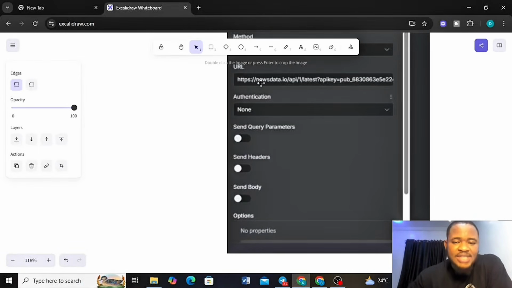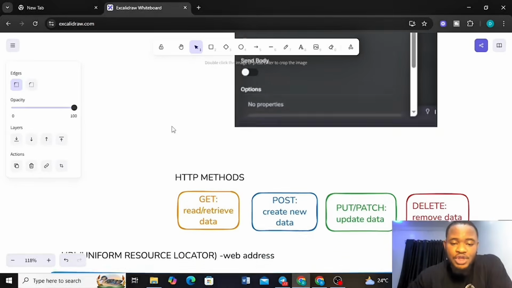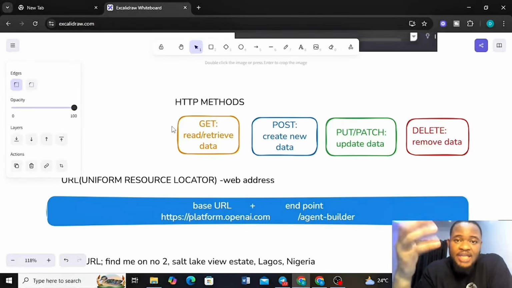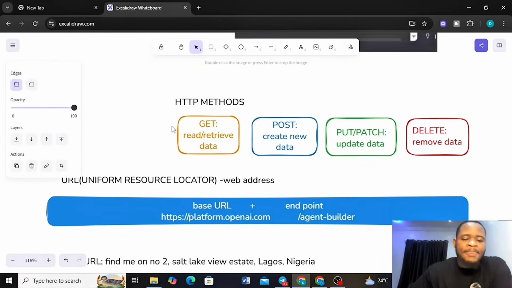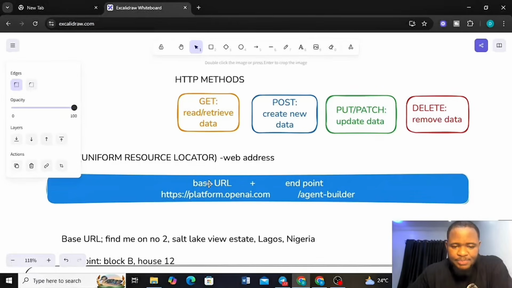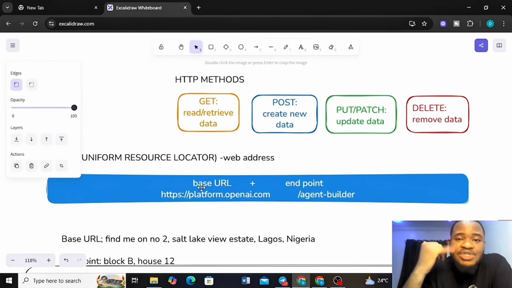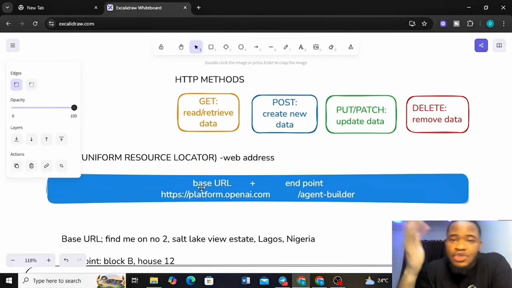You can see URL. So what does that mean? It literally just means uniform resource locator, which is just a web address. If you want to communicate with OpenAI, you type in OpenAI to take you to OpenAI's web address. That is what a URL is: the location on the web for a particular app, software or server. Now let's take this URL for example. Say I want to communicate with you, my viewer. I'm telling you I want to send you a package. What is your address? Now, if you just tell me you live at number 2 South View